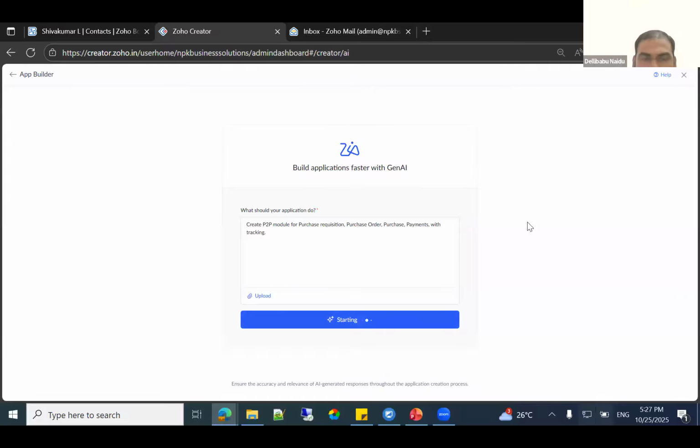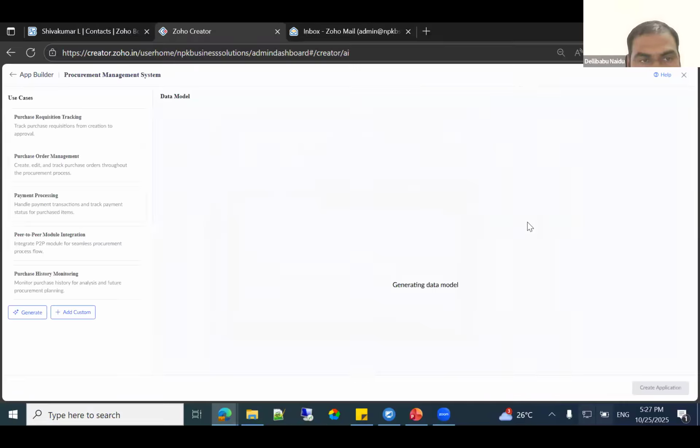Just giving a small prompt, it will generate custom forms and modules.